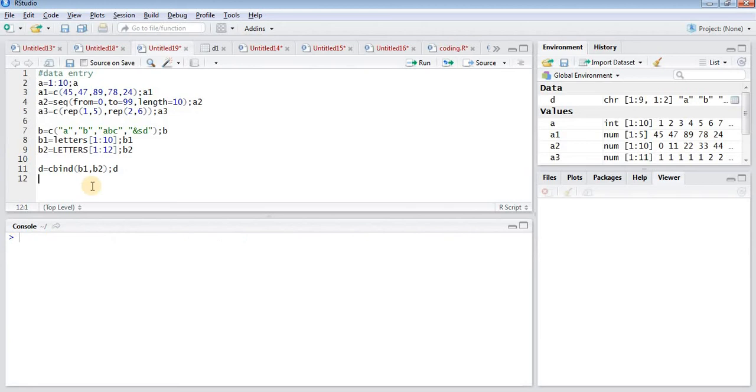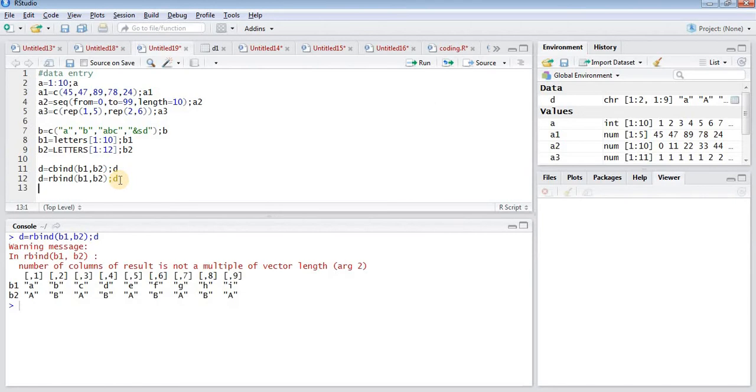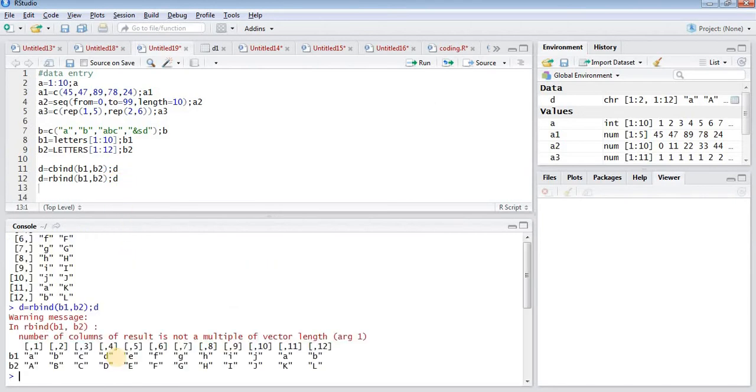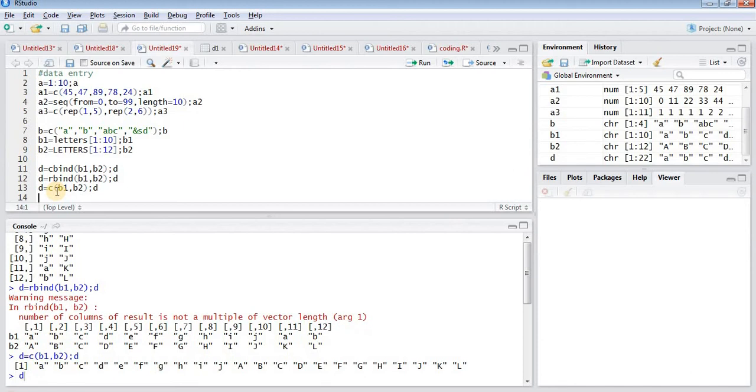Now let us consider the rbind command, wherein a similar output in the form of rows can be obtained just by changing C to R. Let's consider a different data set. In this way both the data sets are in front of us. Now consider a case wherein both the data sets are required in one row. I will use the C command equal to C into dataset 1 and dataset 2, and in this way I can get a single row wherein both the data sets are obtained in sequential form.